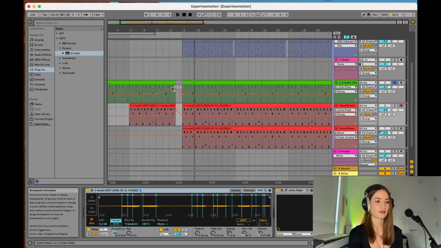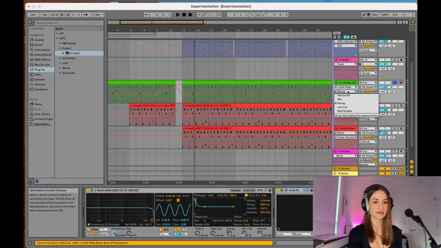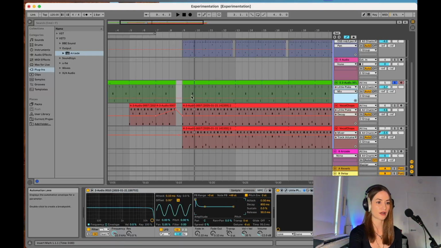That decay increases slowly here and then drops right back down once the beat comes in. I'm also going to do that to the mix. So I'm still in little played. I'm gonna click on what part of little played I want to work on, and I'm gonna do the same